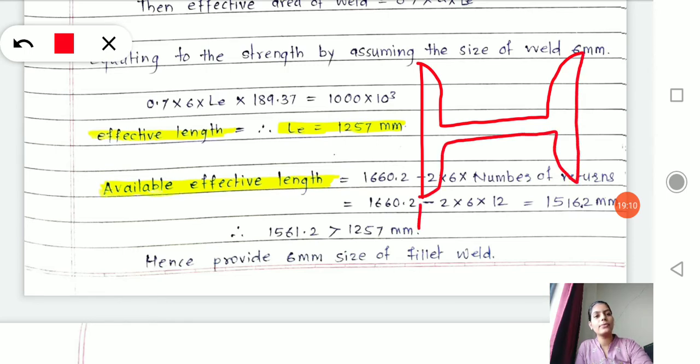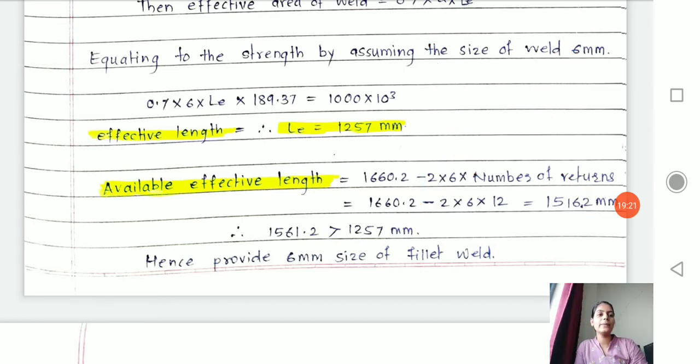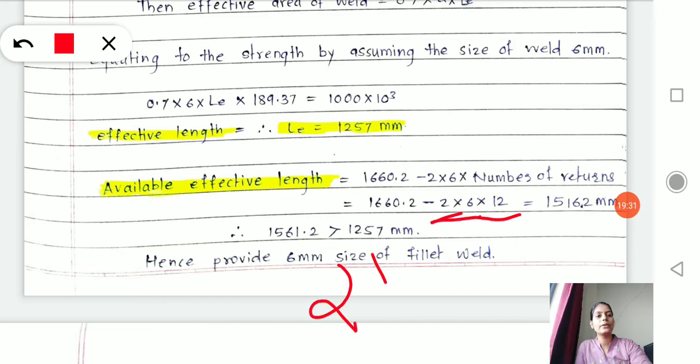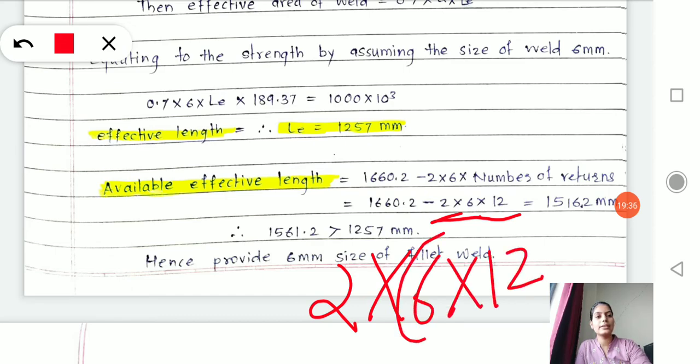So we have 1, 2, 3, 4, 5, 6, 7, 8, 9, 10, 11, 12. Welds are not to be provided on these edges. It is not possible to provide welds on these edges. Therefore, I will reduce that. So the formula is 2 into 6 into 12, where 6 is the thickness of the weld, twice of 6 into 12.